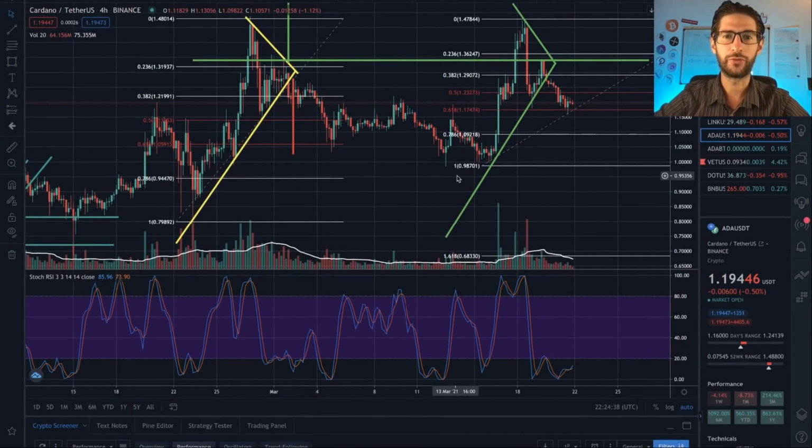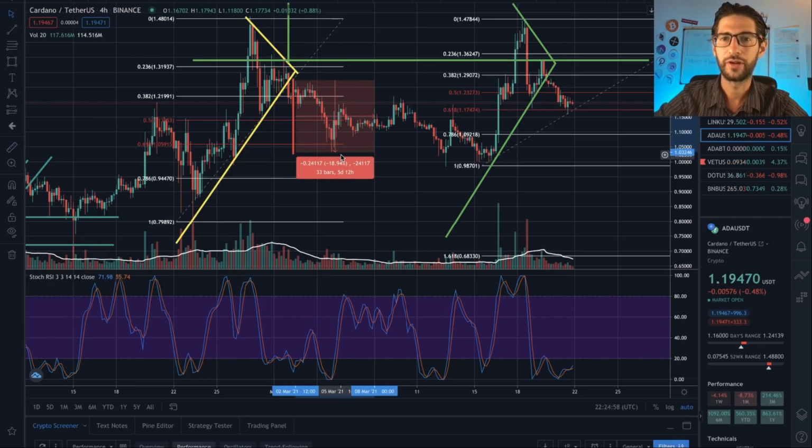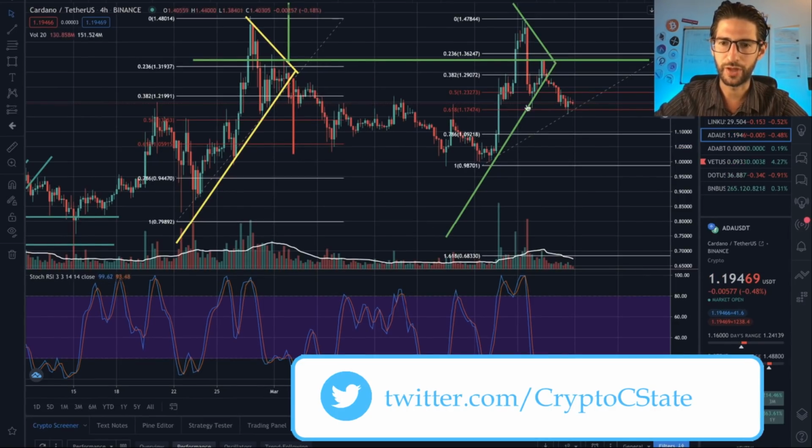If we see the two fractals again, but in candles of 4 hours, we can see what I said before. I posted this trade on Twitter. If you have been on my Twitter, you will have this 18% in a short position from the break of this trend line, and you will get this trade if you follow me on Twitter. I didn't post anything on this fractal.